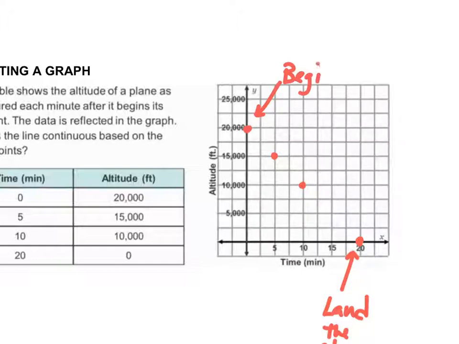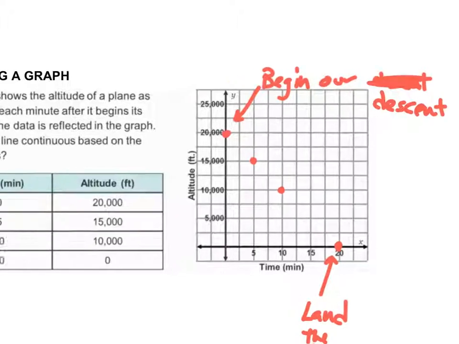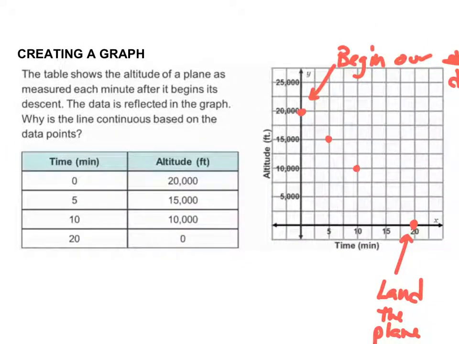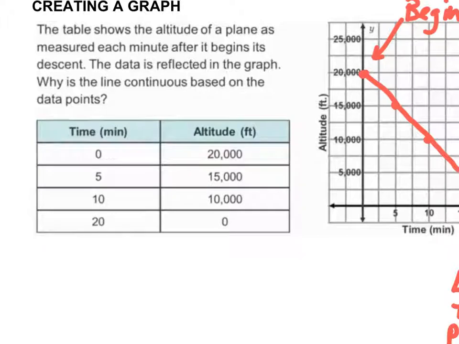All right, so the question is, why is this line continuous? Now, let's think about this. What's happening in between each of these points? I'm going to draw a line going down. How come this is continuous? The reason is this, and I'm going to write this: the graph is continuous